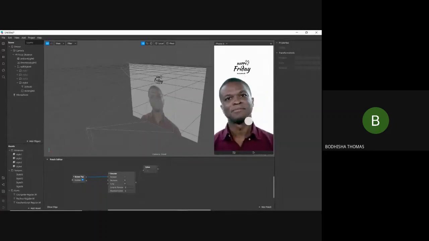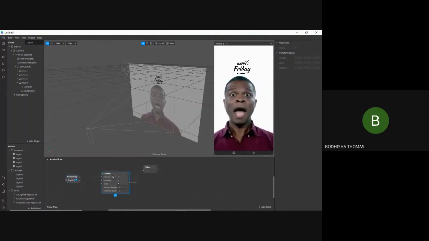So when the user taps on the screen, we can see the value changes. 2, 3, 4, 0. After 4, it becomes 0 because we have given maximum count as 5. So now we have this counter and value. We'll delete this value because we don't need that now.